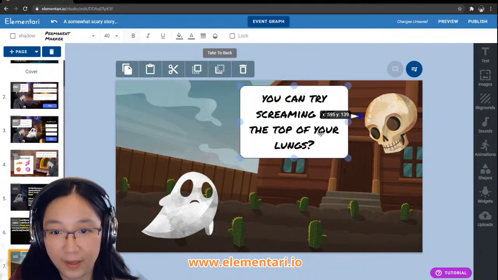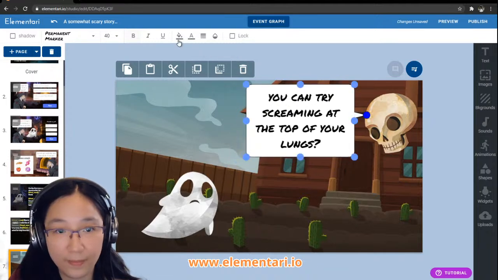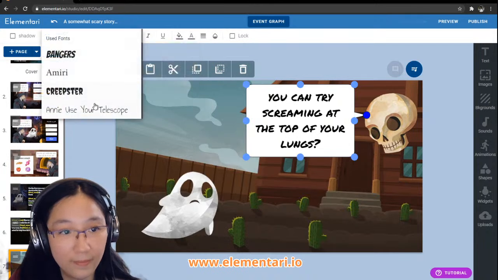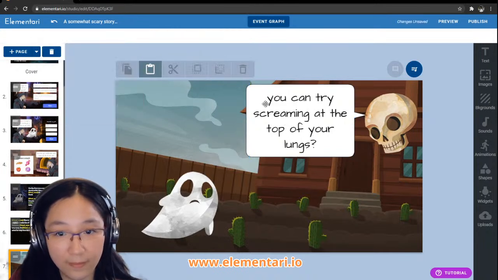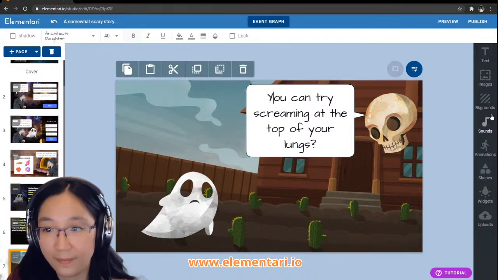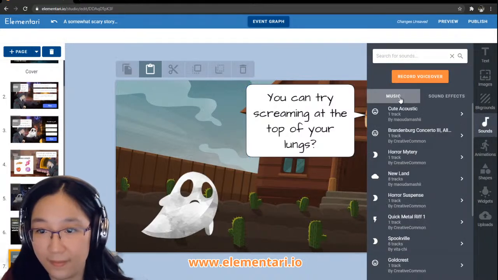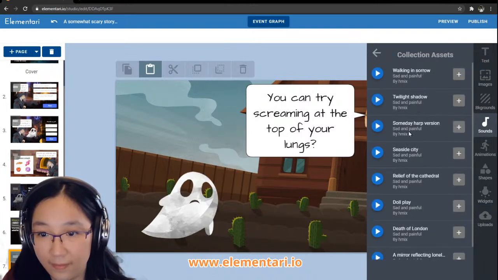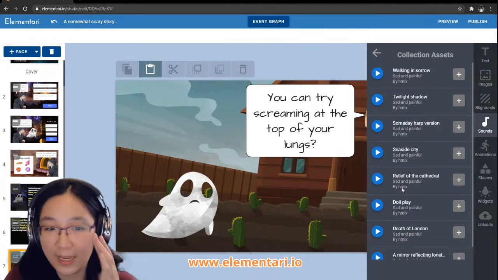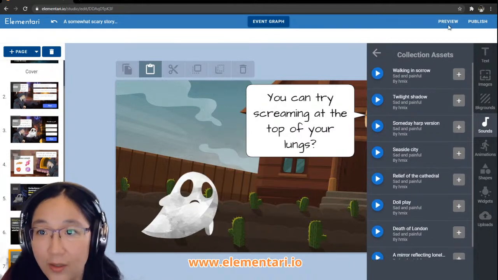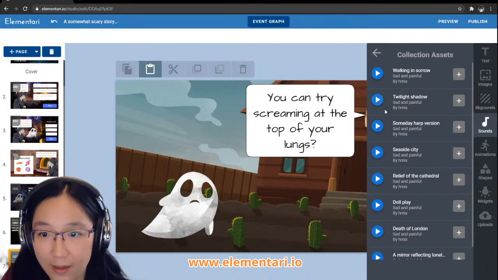Scary? Okay. So we can add background music to make it more scary. That's a good idea. Let me share my computer sound so we can choose a sound together.